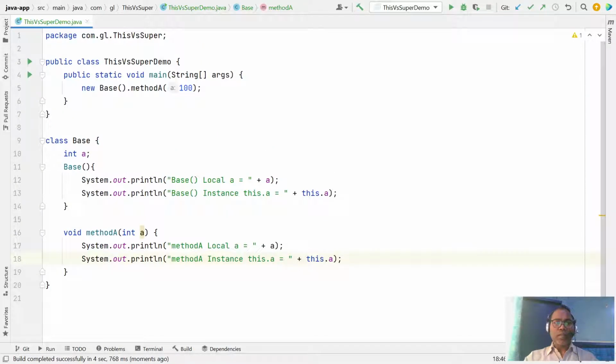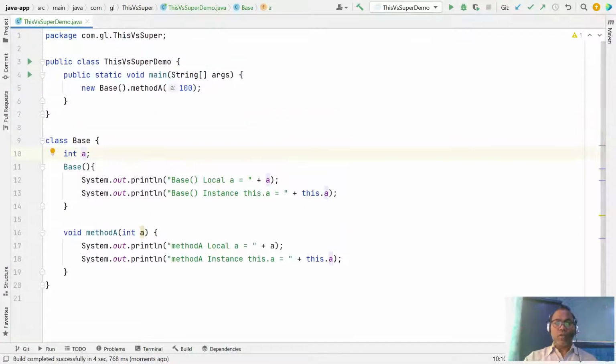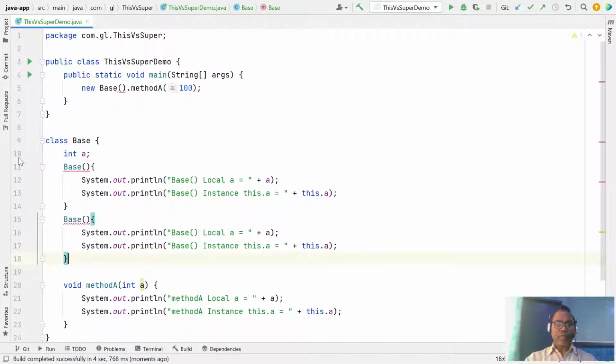Sometimes in the constructor I want to give some initial value to the instance variable. How can you do it? You have to write an overloaded constructor, and here I want to initialize this with a.